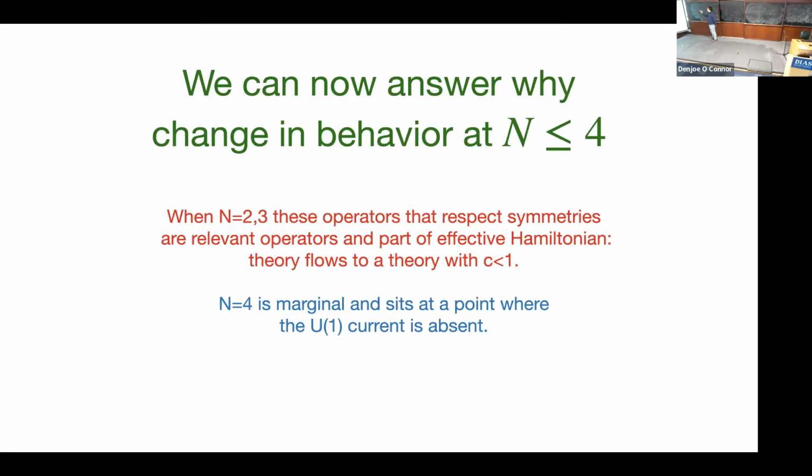And then the relevant operators are part of the effective Hamiltonian, and the theory flows to C less than 1. When n is equal to 4, these things are marginal, and you end up being moved to a different point where the U1 current is subset. So the statement is that the U1 current is there for n bigger than 5. And the other statement is that if you know the symmetry,